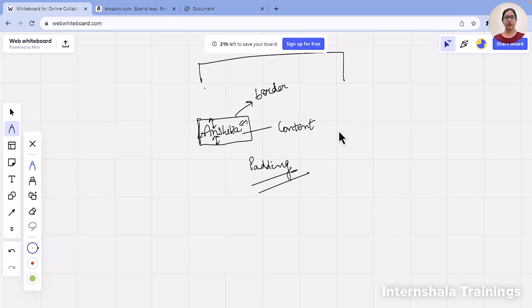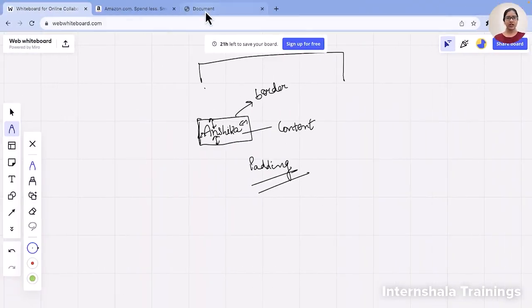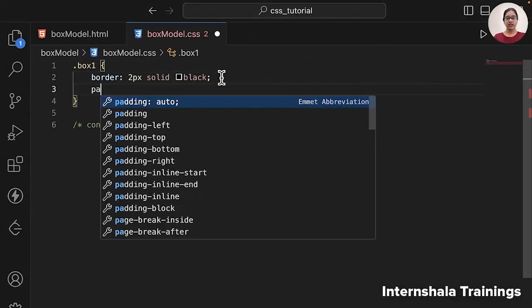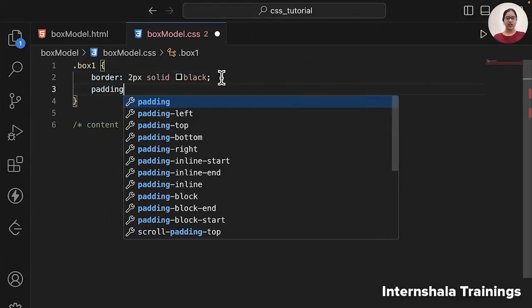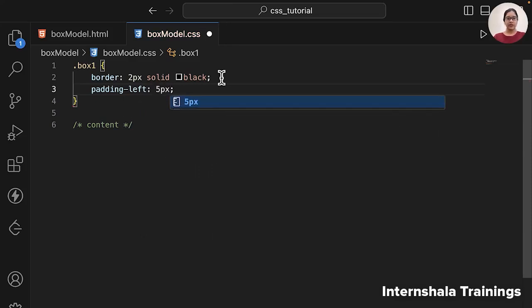Now let's explore padding. Here we have a box, we have a border, and it currently looks like this. Suppose I want to add another field, which is padding. I can add padding on all 4 sides. Let's start from the left side. On the left side, I want to add 5 pixel padding.